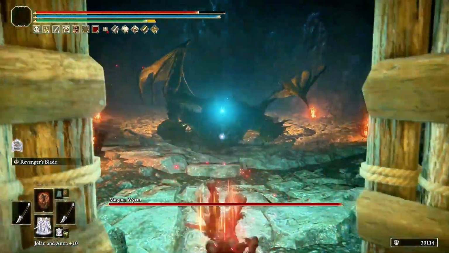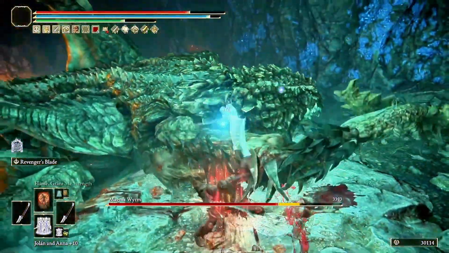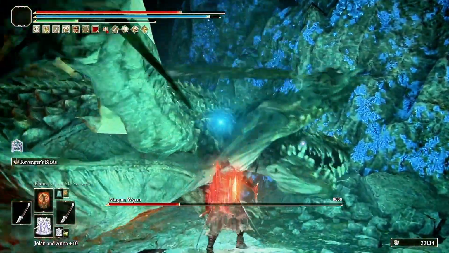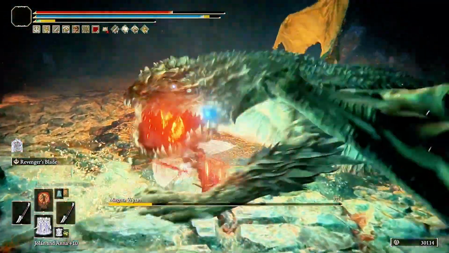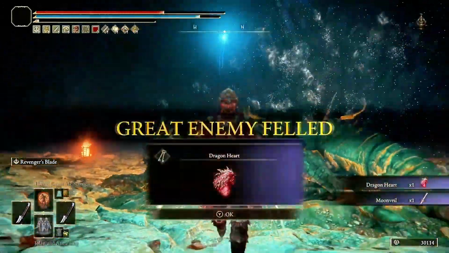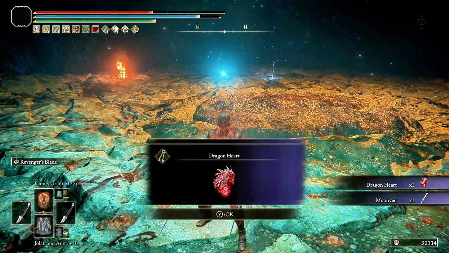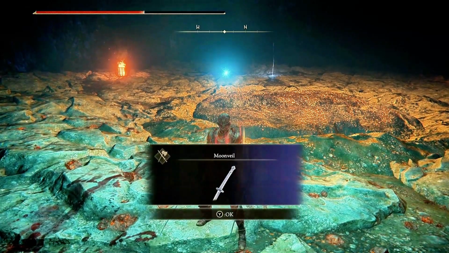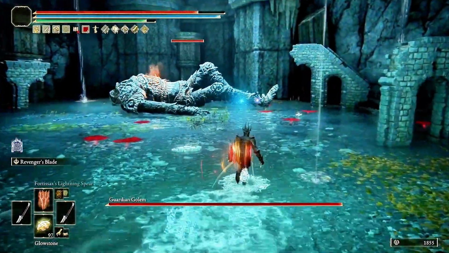Alright, so now we got one of these molten lava dragons. Enemies that allow you to get underneath them, and it's kind of a safe spot. It is tailor-made for this thing. So, as you can see, this is...